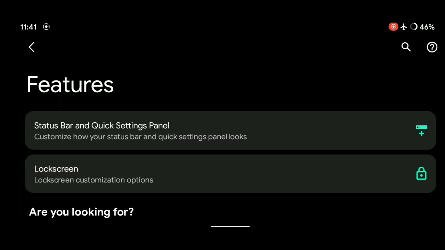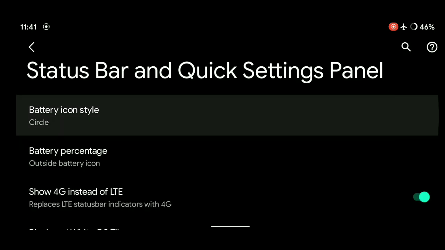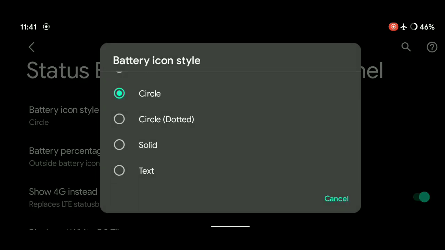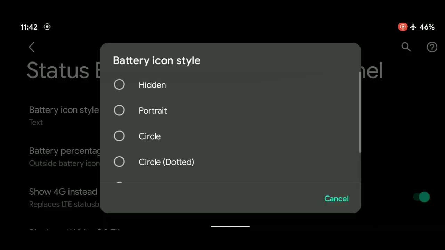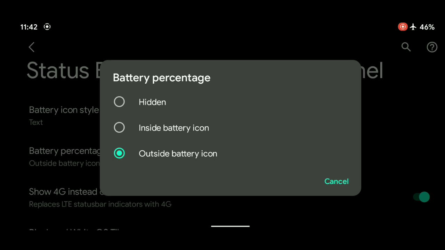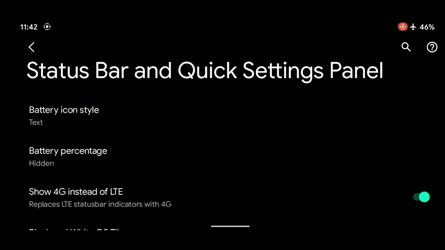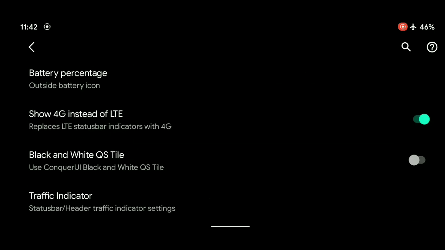Going on to the features section, you have two options, status bar and quick settings panel, where you can customize the battery icon style. Either you need only the text or the battery style such as circle, dotted, solid or portrait here. Battery percentage option is also here. If you need it, I can also choose to hide it, or I can also choose it inside the battery icon. You also have an option to replace the LTE status bar indicator with the 4G icon, and also you have